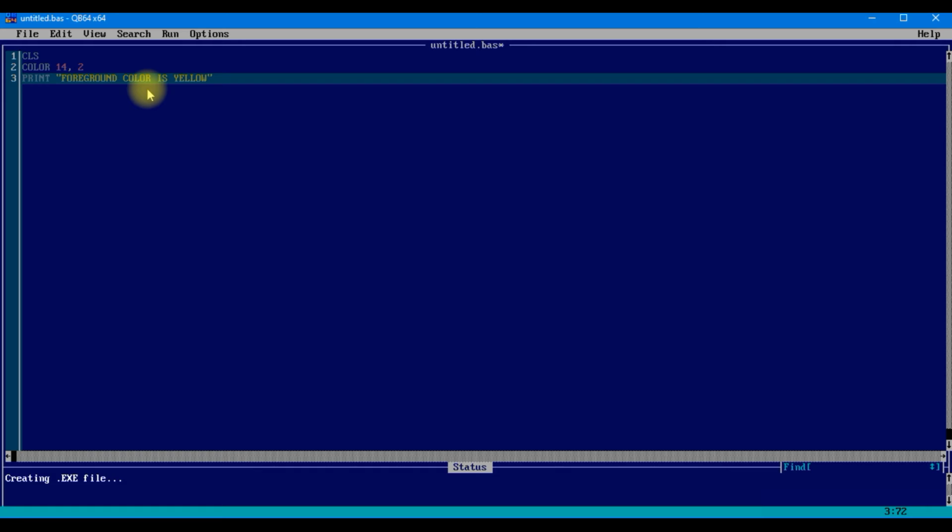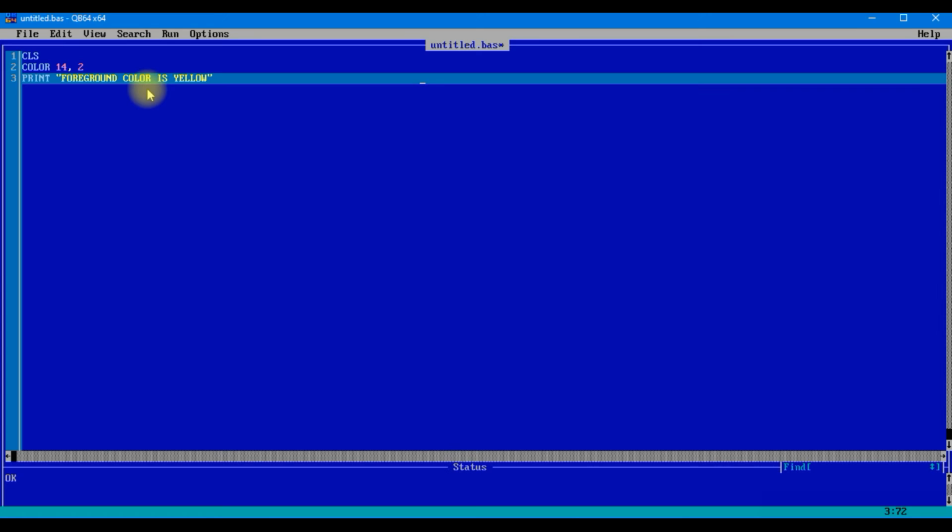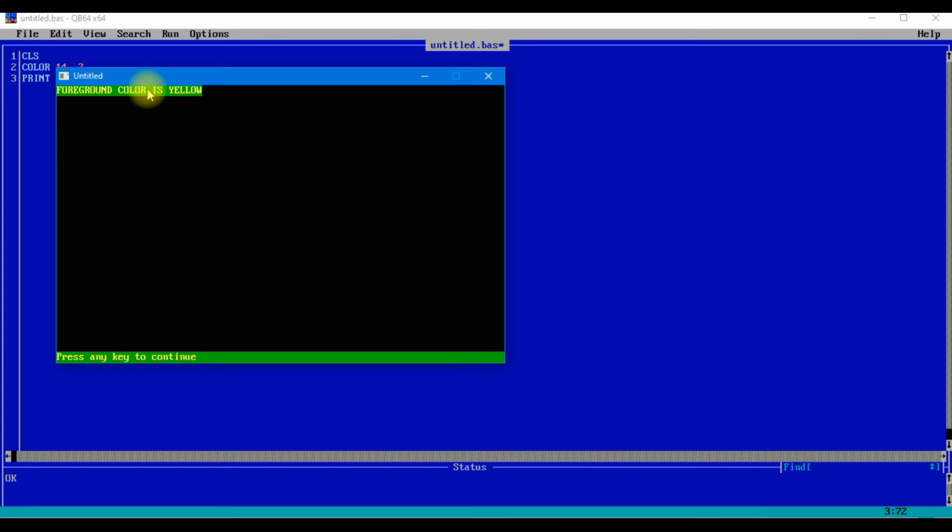So let's run the program, and you will see the background of this text will be green and the foreground will be yellow in the window. As you can see, the whole screen is not going to be green. That is one issue with this particular application that we are going to face.